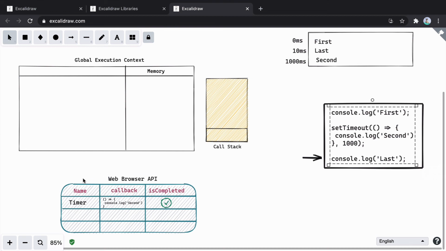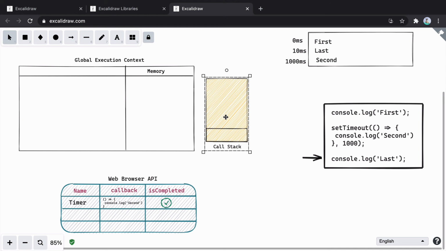So in this video, what we did, we introduced a new component, that is web browser API, that is used to manage any kind of web browser API that we are interacting with. Here we are interacting with setTimeout. And because setTimeout is a web browser API, it will take account of all these things. And as soon as it is completed, it will push the callback function into call stack. But the important thing is, every execution will take place inside call stack. And because there is only one stack or only one thread, at one point of time, there can only be one execution.